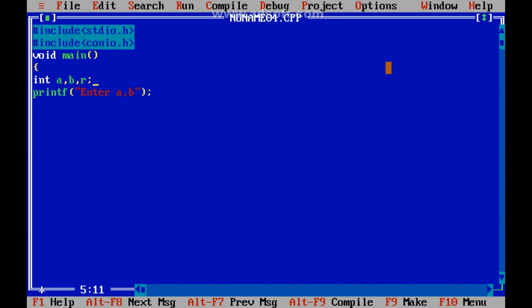Here I'll take clrscr because I want my screen clean and neat. Scanf %d %d, address of a, address of b.